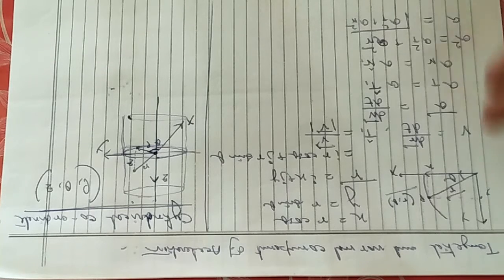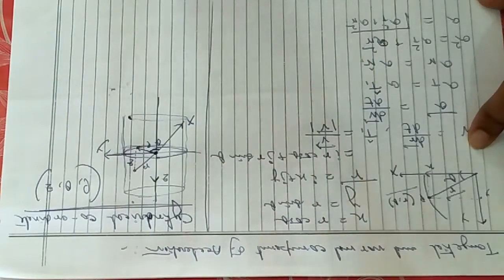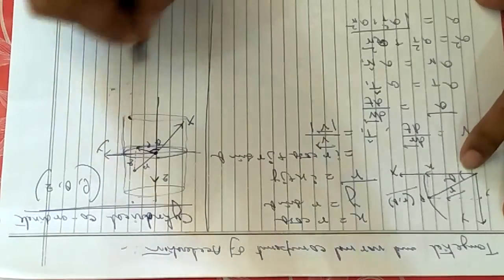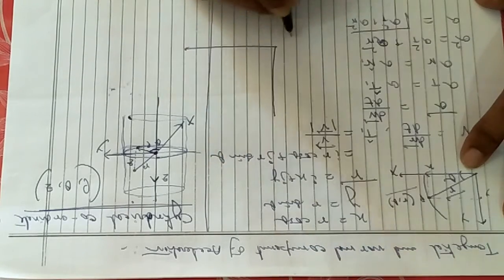Now again, like the previous one, you have to resolve rho, theta, z in terms of x, y, z, or the conventional knowledge you have. What is your conventional knowledge? That is, if it is the x direction, let me magnify this one. If I magnify this one, it will be easier to understand. So these are the three coordinates.